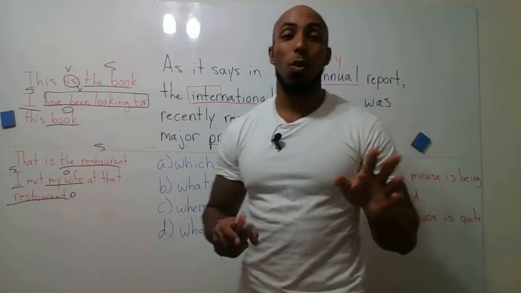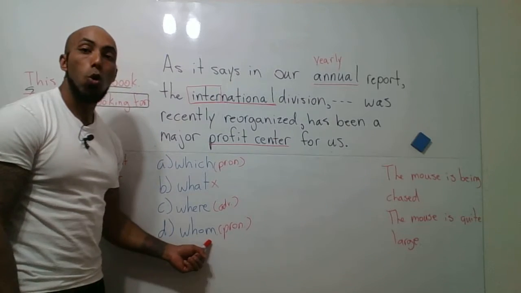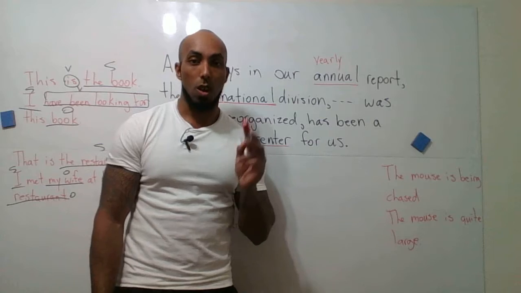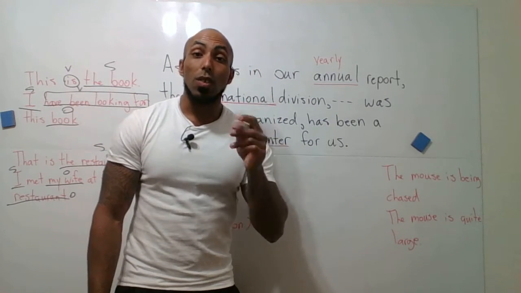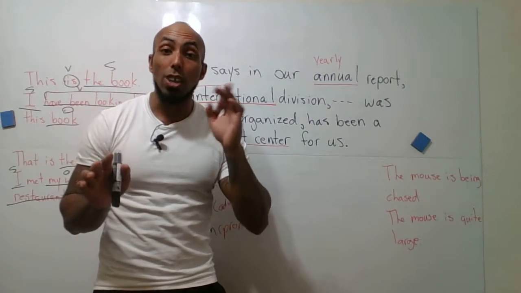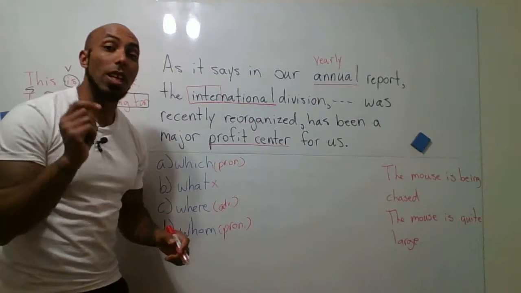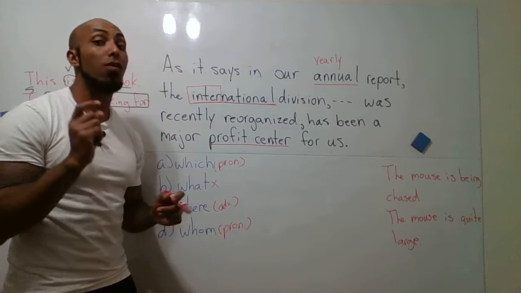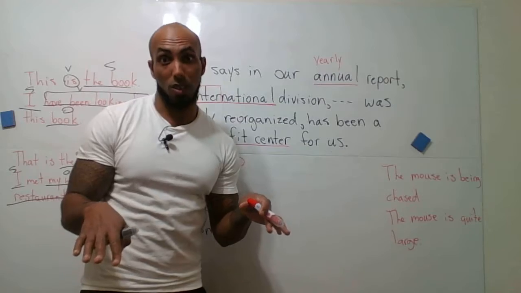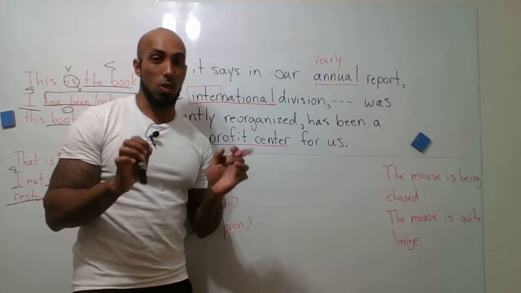Now, finally, we have one more. Let me swing over this way. Our last one we need to explain is a relative pronoun, which is "whom." Okay, this one is a little bit more difficult. Also, let me just say this: "who," W-H-O, is also a relative pronoun, and "whom," W-H-O-M, is another relative pronoun. They're very close, and this is very tricky. Many native English speakers don't know how to do this, okay? So you need to pay very careful attention to this, okay?